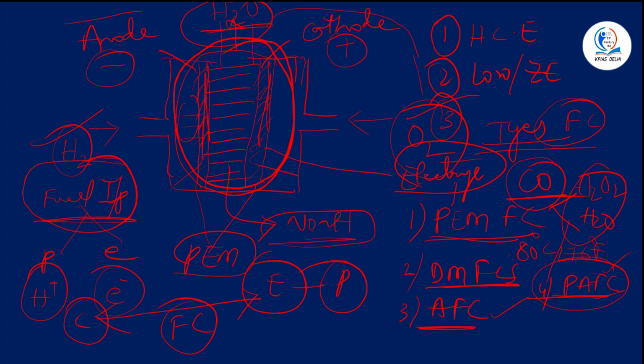Then another type of fuel cell is the molten carbonate fuel cell. Whenever you hear this term molten, there is something associated with high temperature. So high temperature fuel cells that use an electrolyte composed of molten carbonate salt mixture are called molten carbonate fuel cells. So this acts as an external reformer to convert fuels such as natural gas, biogas to hydrogen and then to electricity. Another important type of fuel cell is solid oxide fuel cells.